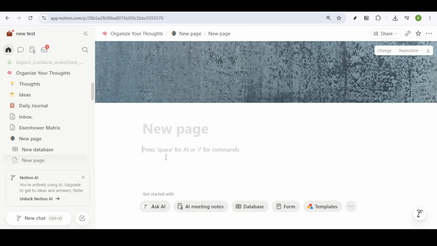To start setting up reminders in Notion, the first thing you'll want to do is open up any Notion page where you'd like to keep track of your upcoming tasks or events. This could be a personal journal, a team task list, or any workspace you're actively using. Once you have that page open, focus on the spot where you want to insert the reminder. This could be part of a checklist or maybe the main body of a task item where a little nudge